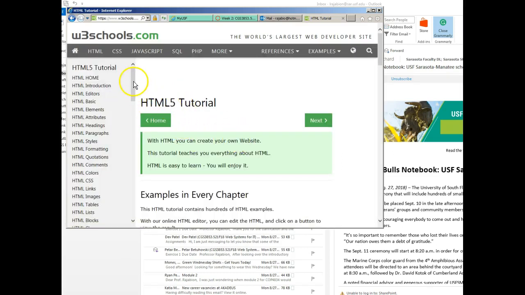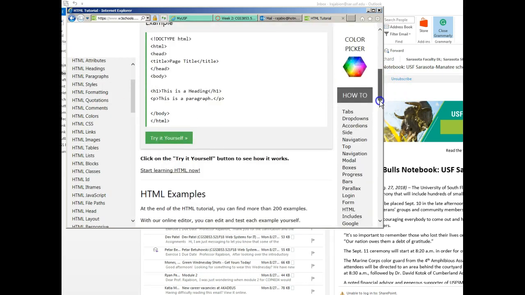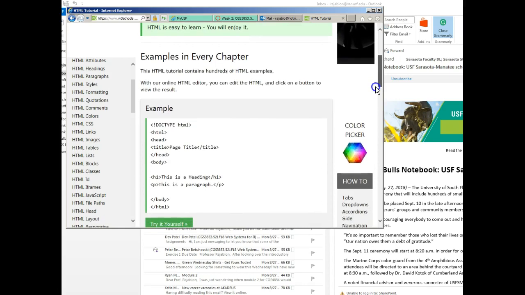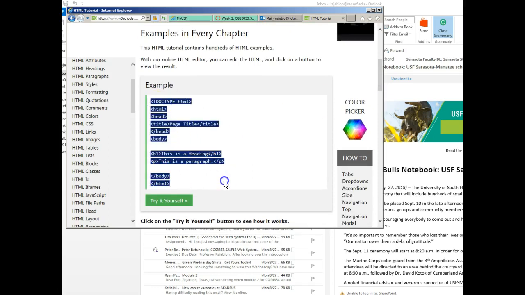And of course, they also introduce HTML5 because that's the latest HTML. So you can see there are certain tutorials here from step 1 that you can see, but also you can practice. So there are examples that you can actually play around with. For example, this is what we have been talking about: the HTML tags, the header tags, the body tag,